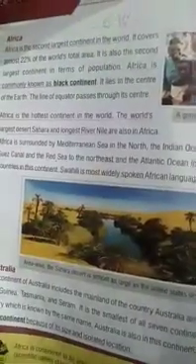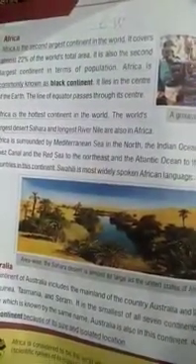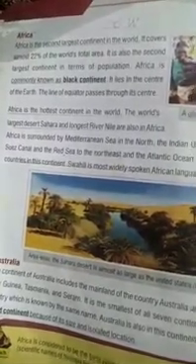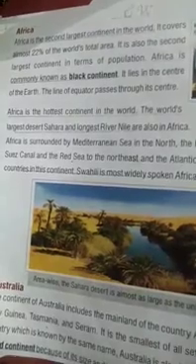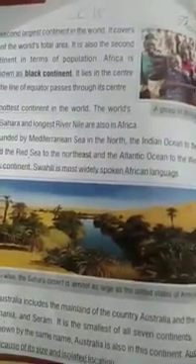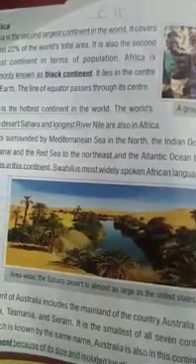Before starting our next lecture, let's recall the previous lecture which we had discussed. We discussed three continents. Africa. Africa is known as a black continent because of its hot weather. People are having dark complexions, that's why it is called black continent.